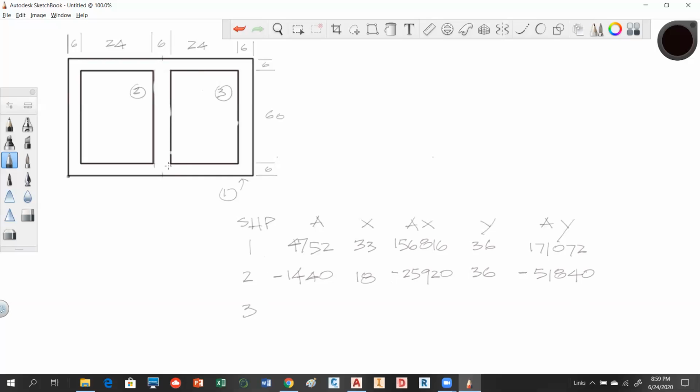Okay, so the next shape is shape 3. Shape 3 is exactly the same size, 24 by 60, also a negative void. So we're going to consider that 1440. Now his distance is from this edge over to the center of this. So we've got 6 plus 24 plus 6 plus 12, and that gets us 48. So 48 times our void area gives us a negative